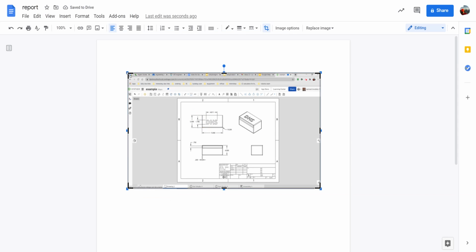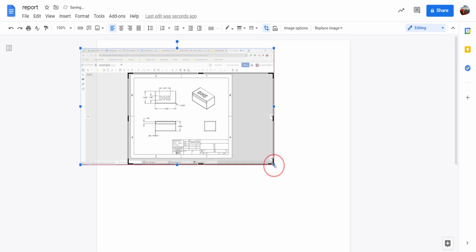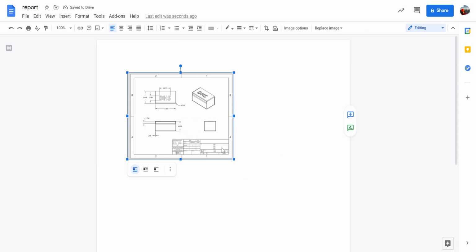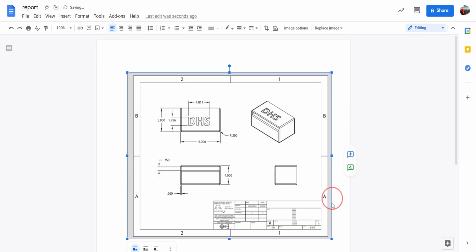So I'll double click on it, which will give me the option to crop the image so that I can only have the drawing visible. Oops, that's not cropped, that was resized. That's cropped. Then click anywhere and that goes away. Single click and I can resize. This makes it much easier to see all of my beautiful